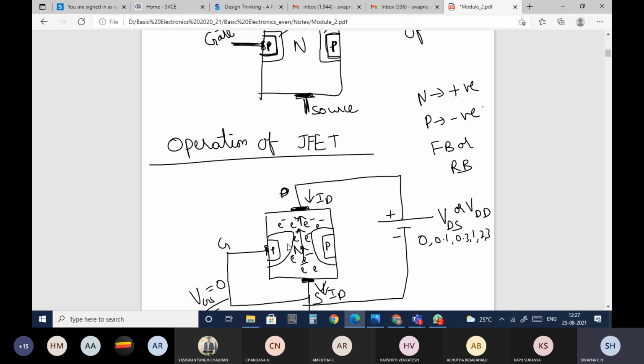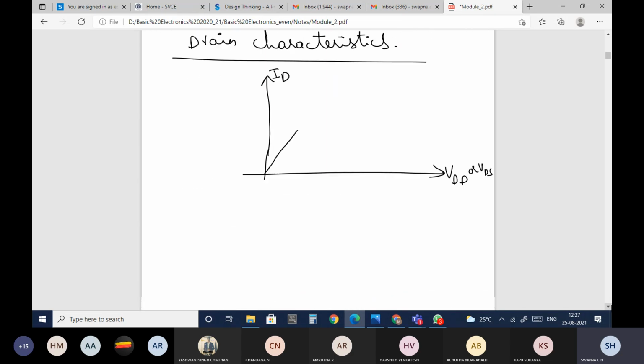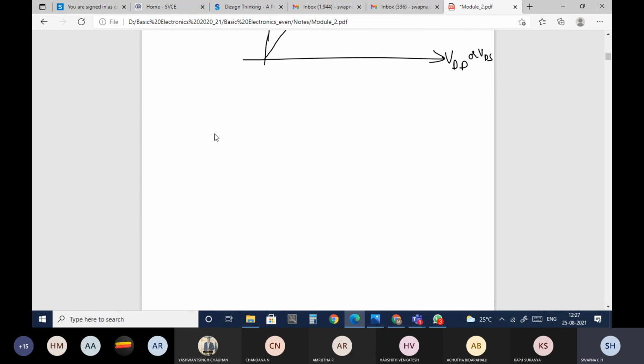I'll explain the reason behind this. The reason is that this complete field effect transistor is considered to provide uniform resistance. Uniform resistance in the sense, if this is a channel, whatever resistance I have here, the same resistance should be here also.